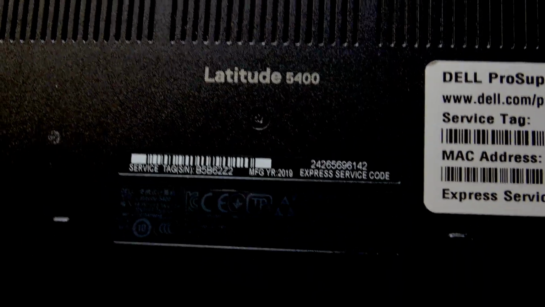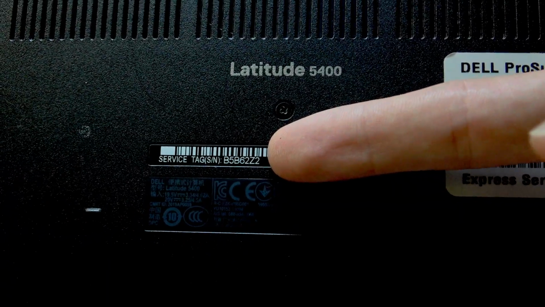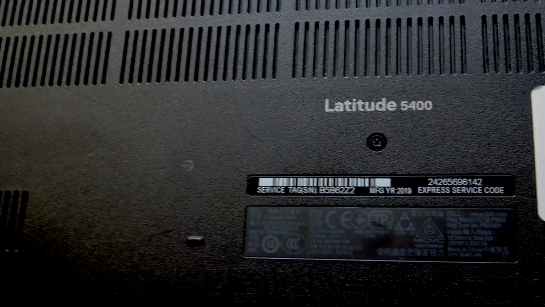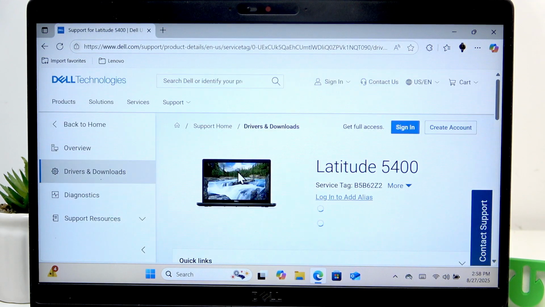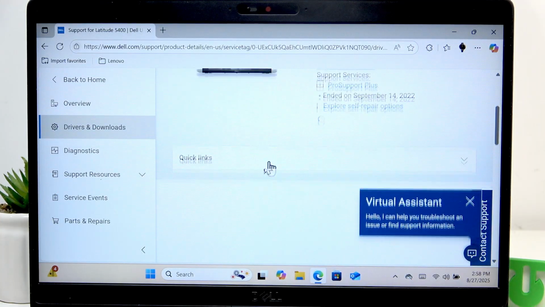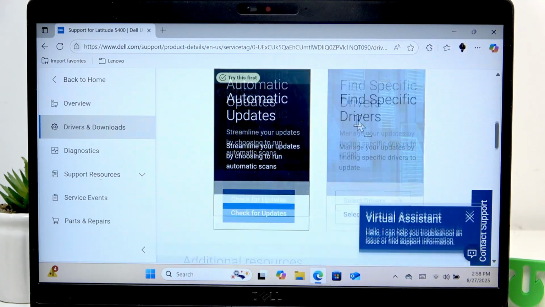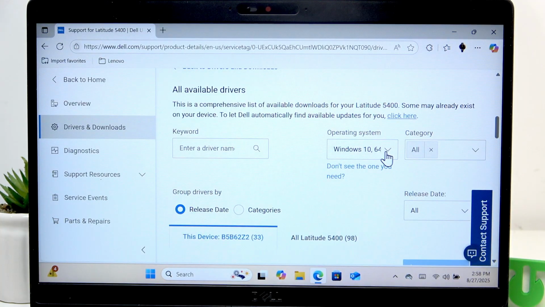And as you can see, here it is. Use this service tag on the following page to detect your product. Now let's get back to the website. Enter your service tag into this field and click Search. Now, scroll down the list, select drivers, select your operating system,